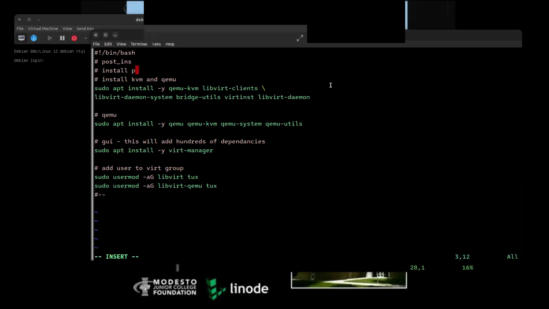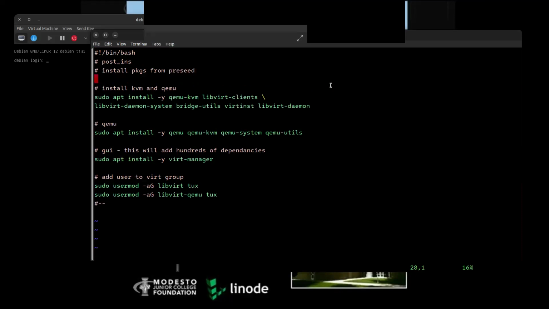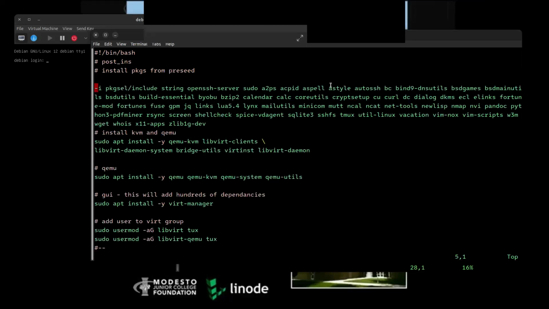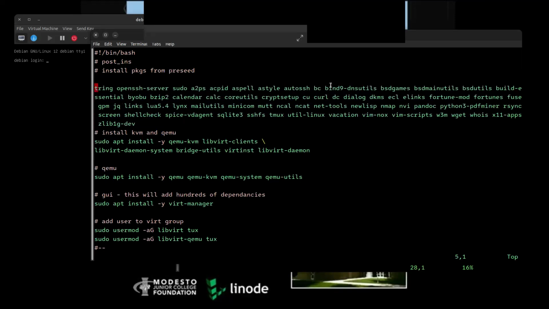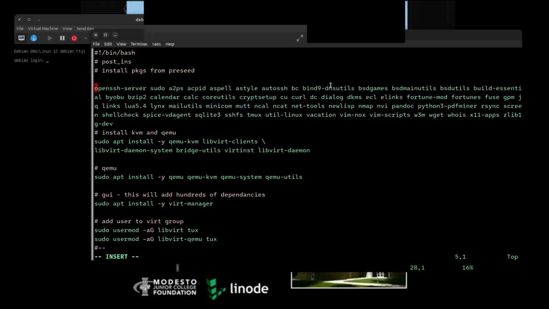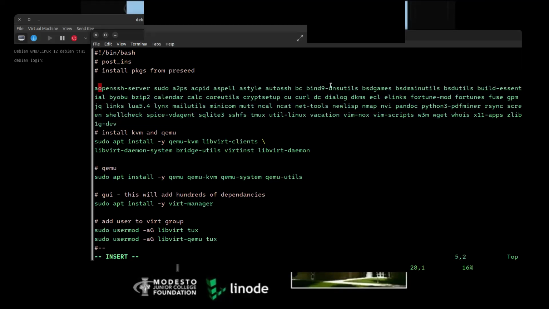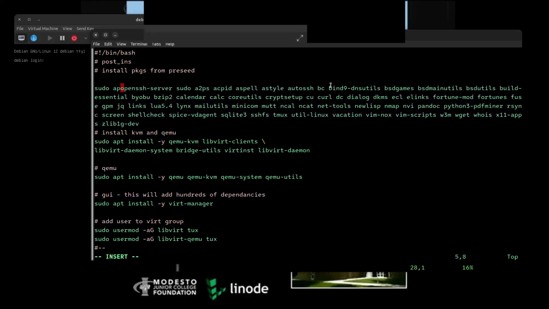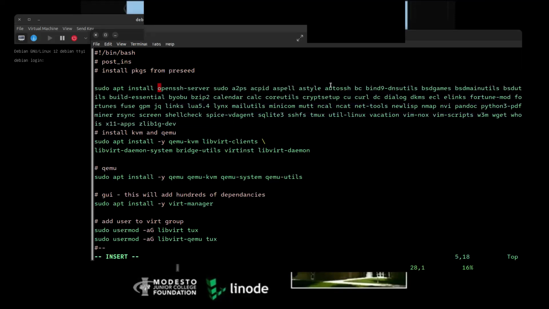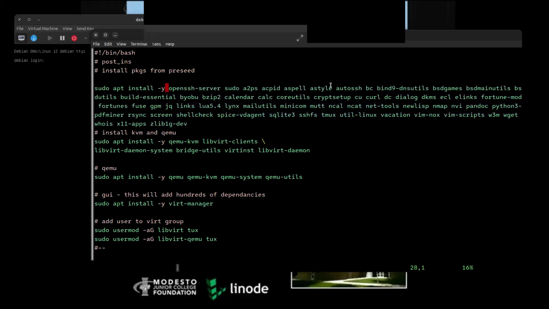Install packages from preseed. Then I read in post packages. And simply say apt install sudo, yes, openssh. And then